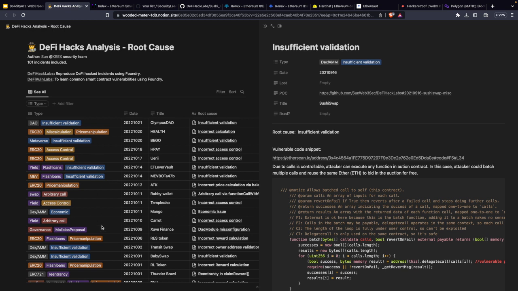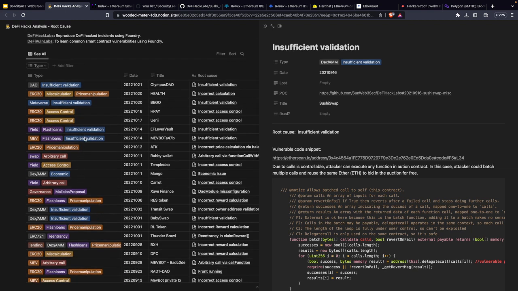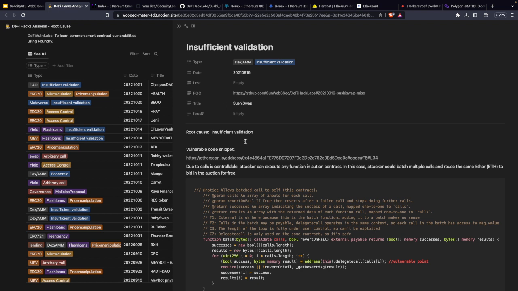So this again is a database that I found of most of the hacks that occurred in the past couple years. I really like this tool because it adds tags to them on what the vulnerability was, and so you can see that some of the things we talked about, like access control, reentrancy, which we're going to talk about, they happen a lot. So this specific issue,